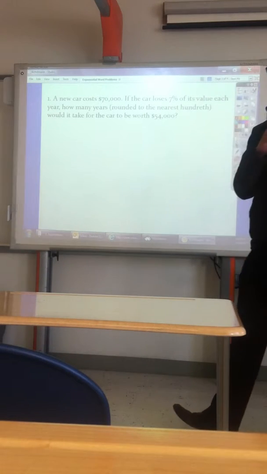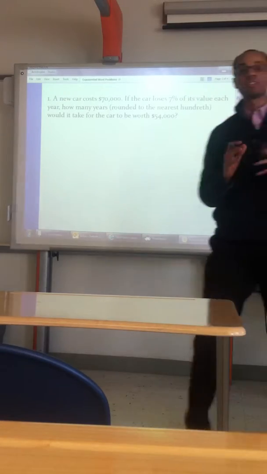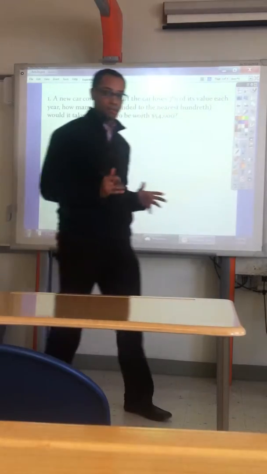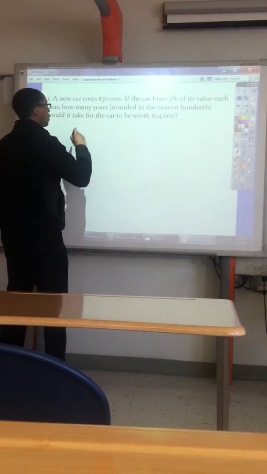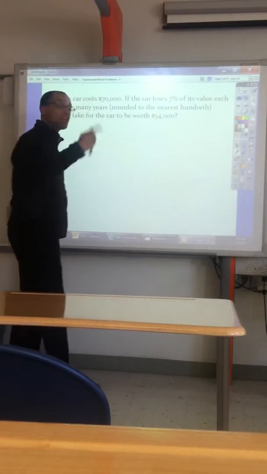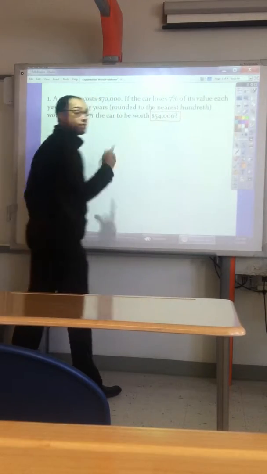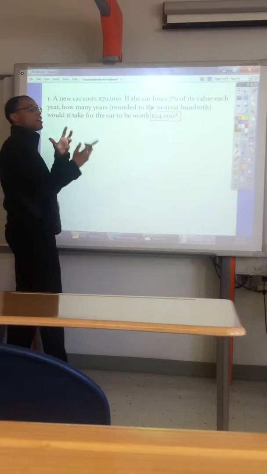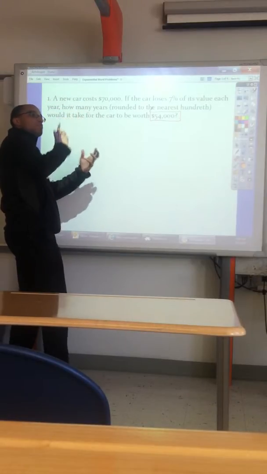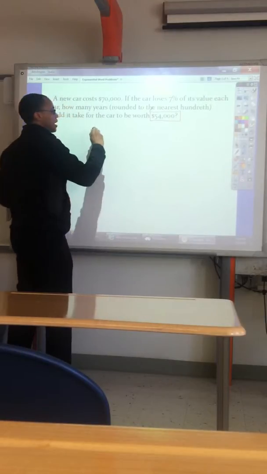So the first thing we're going to do is go back to our original equations. This is a simple interest. It's not compounded continuously or monthly or anything like that. And we're going to write out the equation. So here we go. We're looking for when the car will be worth $54,000. That's not our initial value, but what we want to find after a certain amount of time passes. So we're going to have 54,000